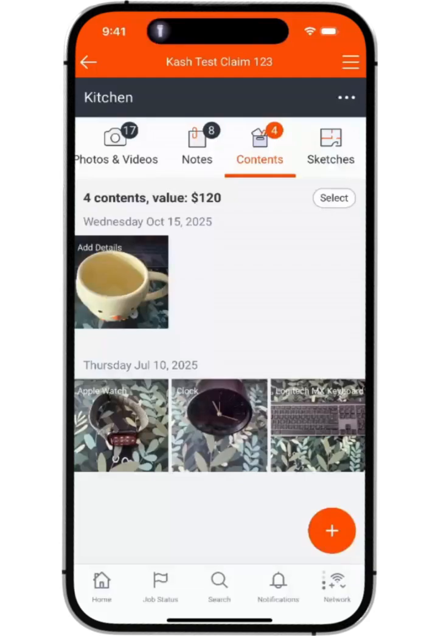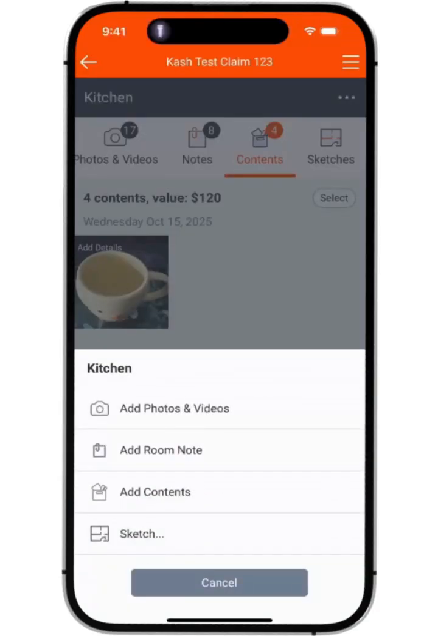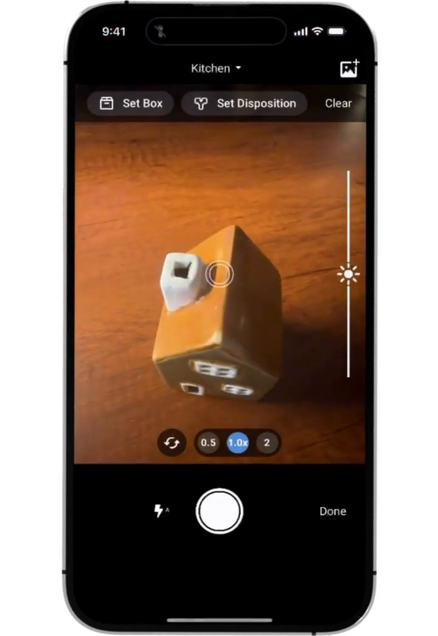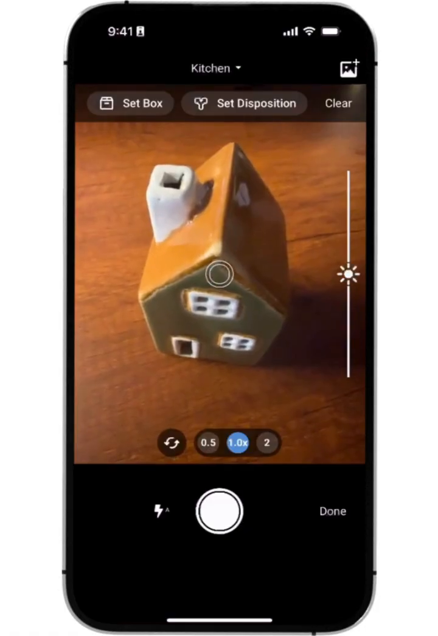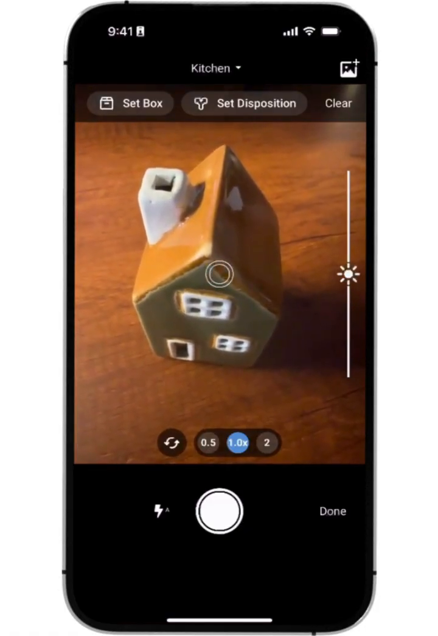We're excited to showcase some of the enhancements to both the contents camera as well as the way that items are created within the contents flow. So let's open the new contents camera here, and you can see that the new contents camera looks very similar to the existing room camera, and so the contents camera has been upgraded to match all the functionality of the